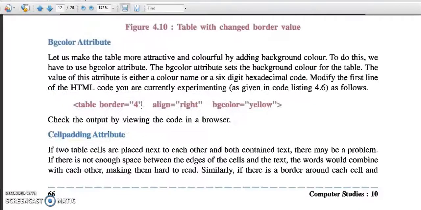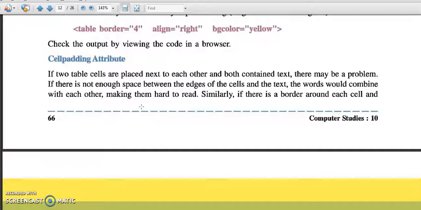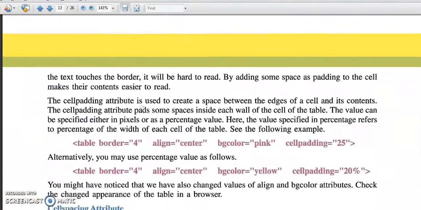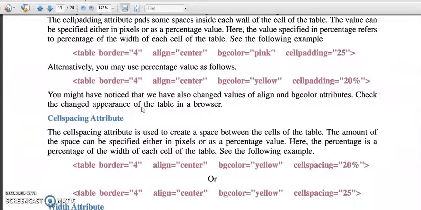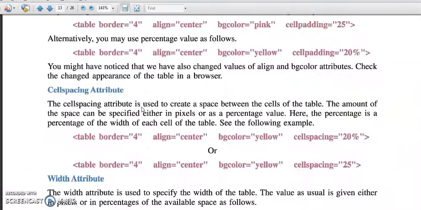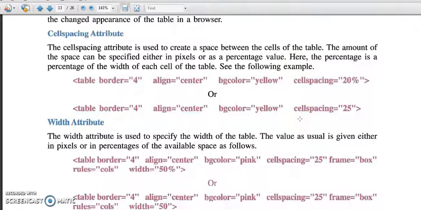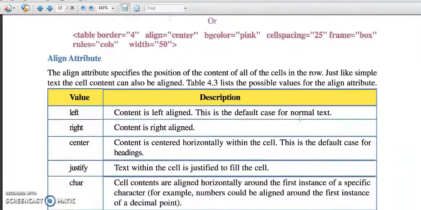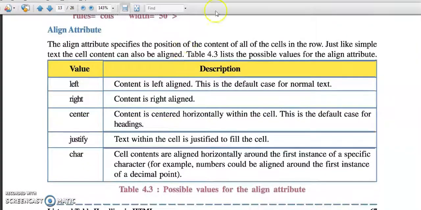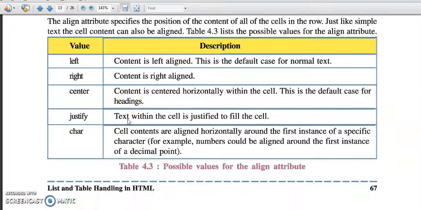If you want to color your table, bgcolor equal to yellow, then the color will change. This is a simple coding of table. Align attribute: left, right, center and justify.